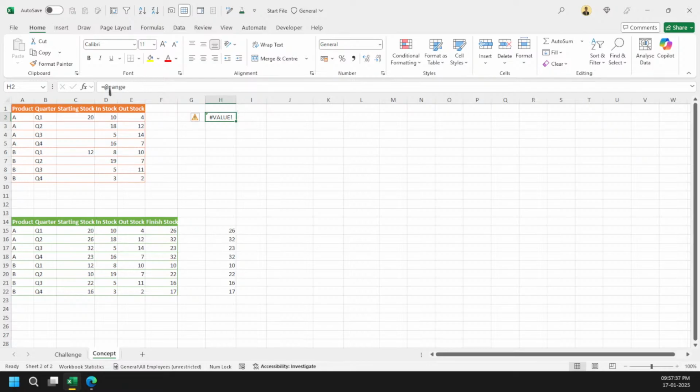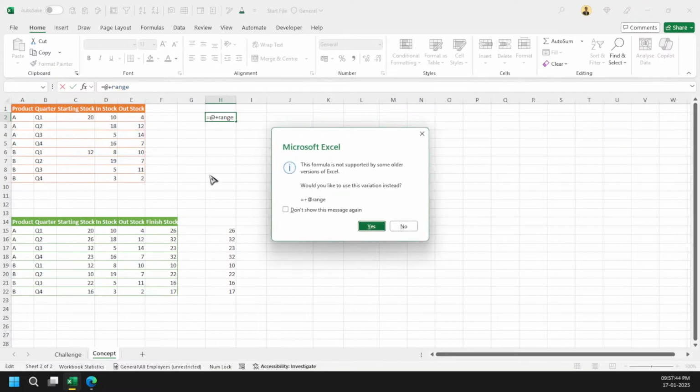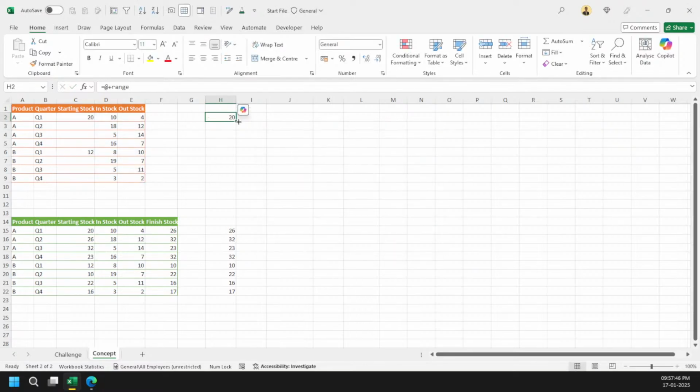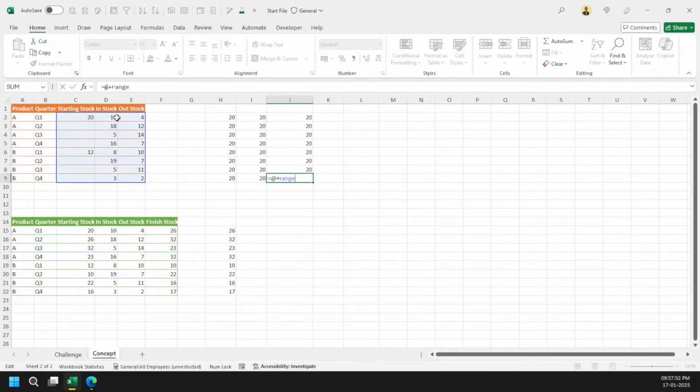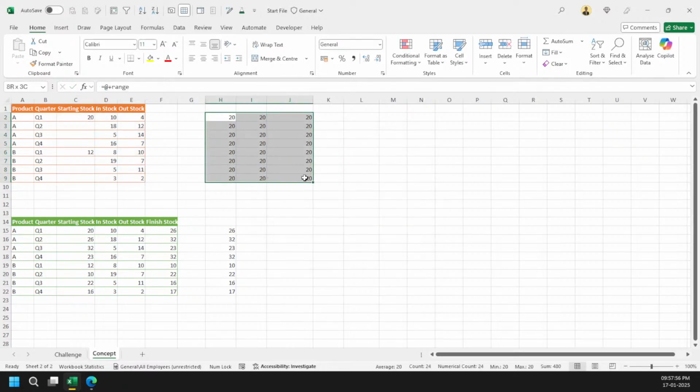Got it? So if I want to grab the first value, I simply press the range operator, plus operator here. It is working good. And now I am dragging it down, and you can see that I am just getting my first value here. That is my 20, 20. Got it? That's the thing happening with the plus sign here.